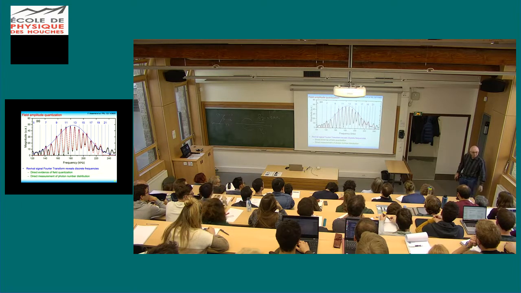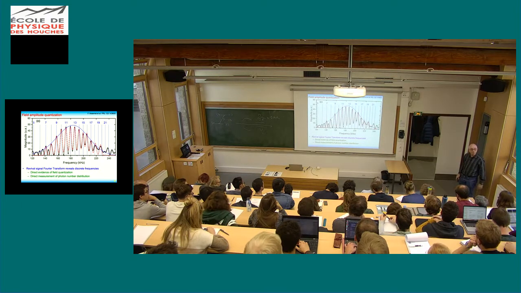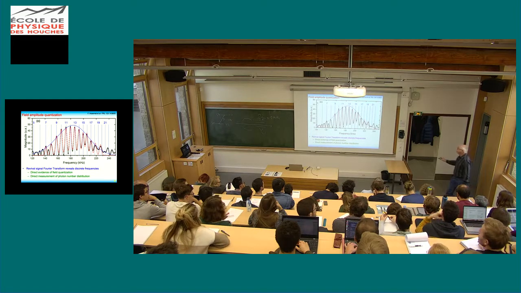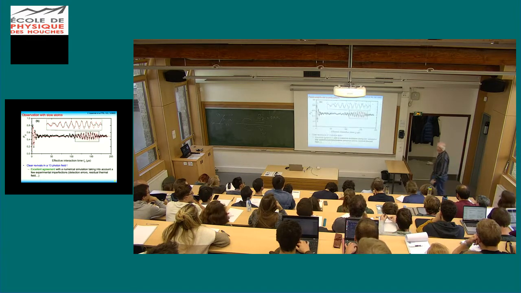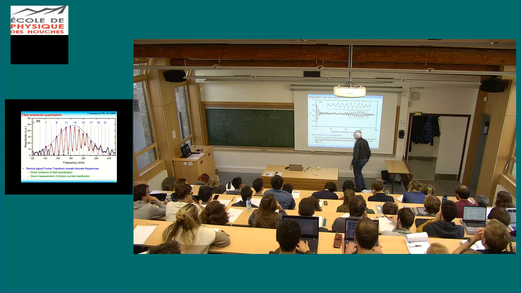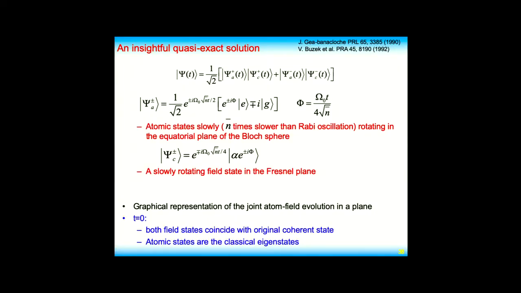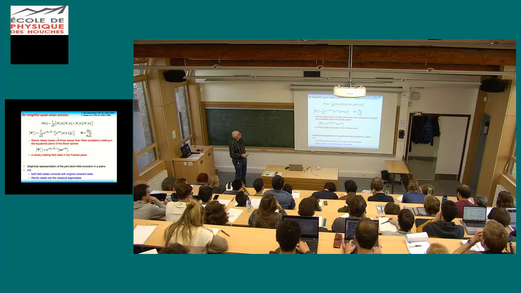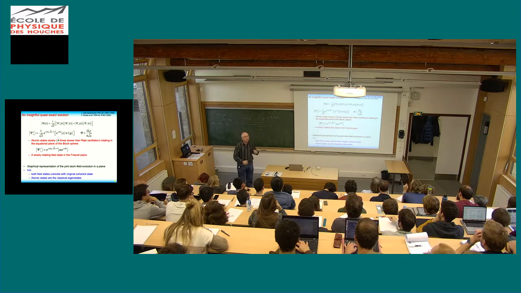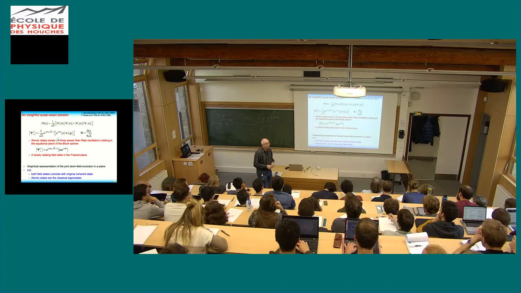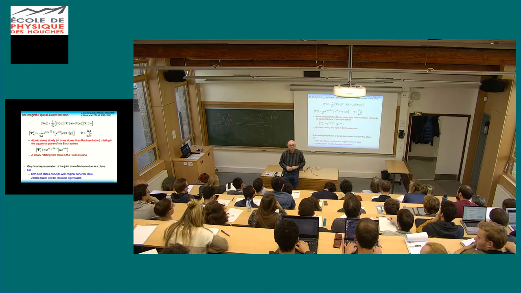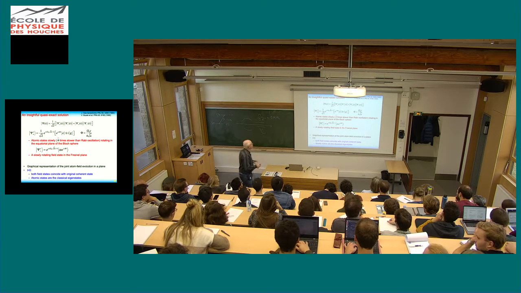It's by far not the first. There are 70, 80, 90 years of experimental evidence of field quantization, but yet it's a direct one, a beautiful one. Let's try to get a bit more look into that. In order to do that, the sheer expression with the frequencies is not ideal. We should go to a beautiful approximation that was found independently by Gea-Banacloche and Bužek et al. in the 90s. Working out an expansion in n minus n average, where n average is the mean photon number, and neglecting higher order terms, and turning the crank for a couple of pages,